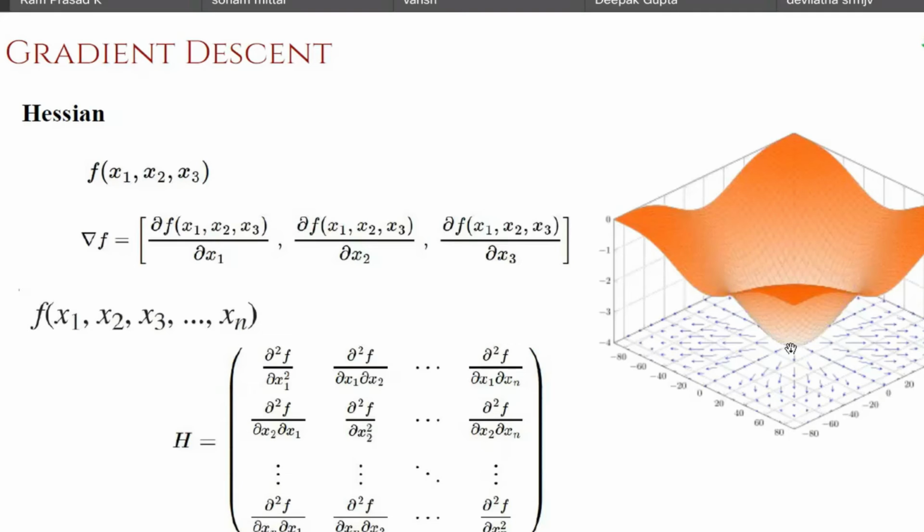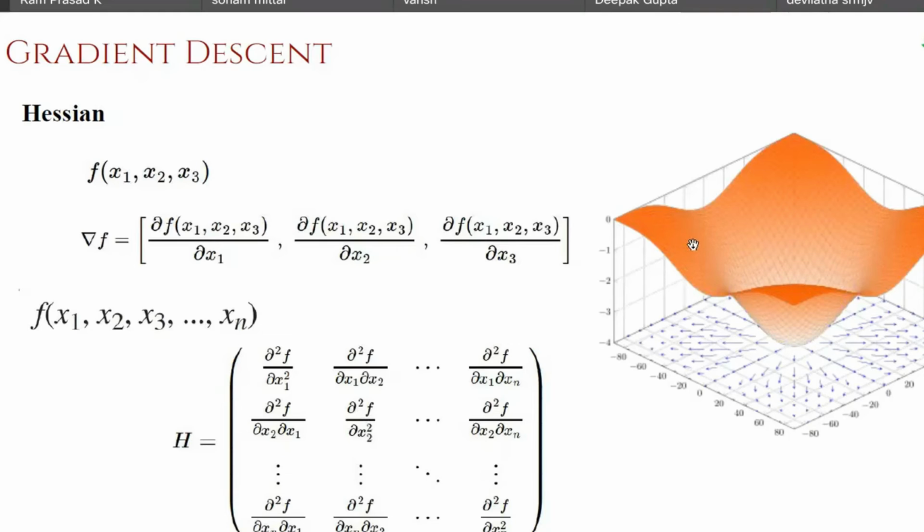And now the question is, what does Hessian information convey? What does second order information convey? Geometrically, the second order Hessian matrix tells us the curvature of the surface, that is, how curved the surface is at a given point. That is what the Hessian information conveys, the second order.